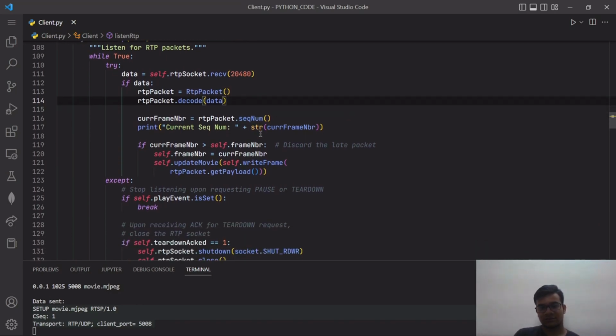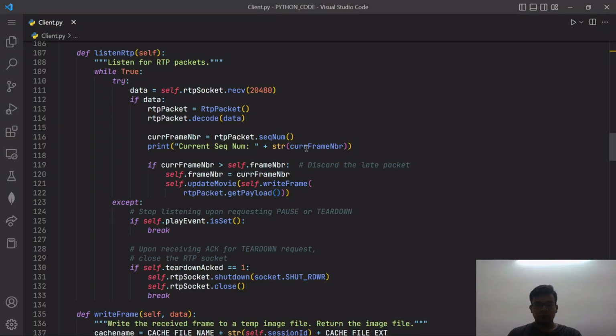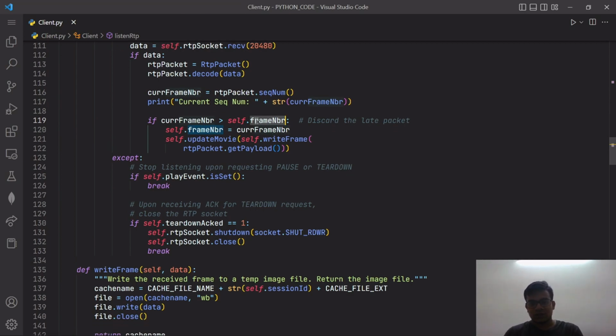We will check that the current frame number is the frame sequence number we received from the server. This frame number is stored on the client side to keep track. So we will check that the frame number received from the server side is greater than the frame number stored on the client side. Then only we will proceed,